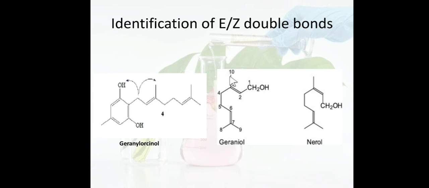If we irradiate carbon number 10, there is an enhancement in the CH2 proton because they are in close vicinity. But in case of nerol, if we irradiate carbon number 10, there is no change in the CH2 intensity. If no change, that means it is nerol, and if there is an enhancement, it is geraniol. This is how we can identify the complex natural product structure with the help of the NOE experiment.